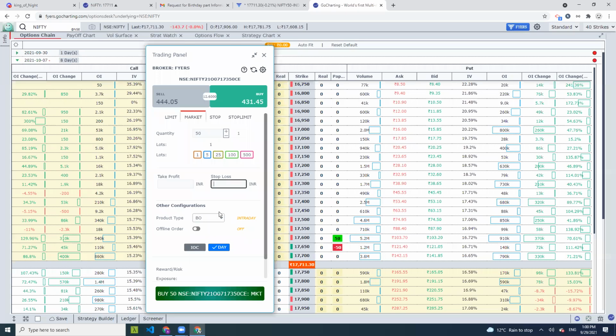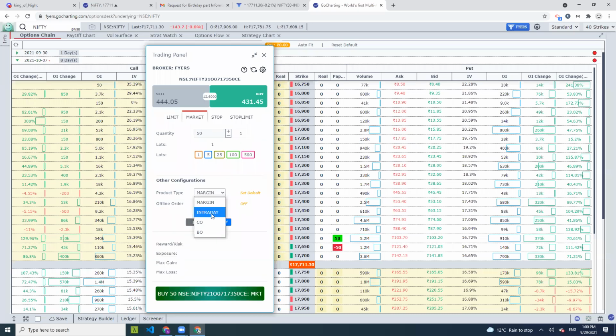Now, when you place these market orders, it will basically use the default configuration, which is intraday. But if you want to place your orders differently, this is a very important point somebody mentioned, and I would like to refer to it. If you want to change the product type from intraday to margin, some of the people had a question that some of their orders were getting rejected when they were placing a basket order.